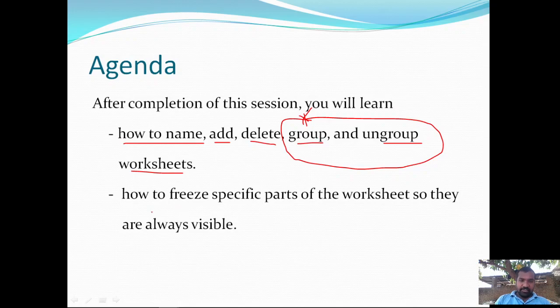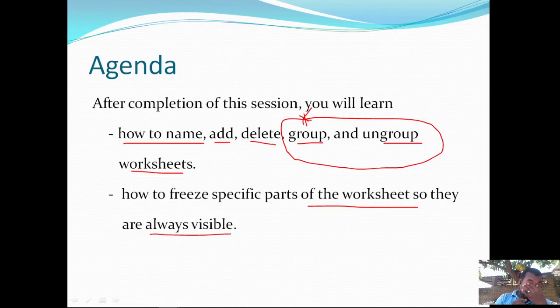Then we are talking about how to freeze a specific part of worksheets, so that they are always visible. For example, in a table, headings are there, followed by table data.